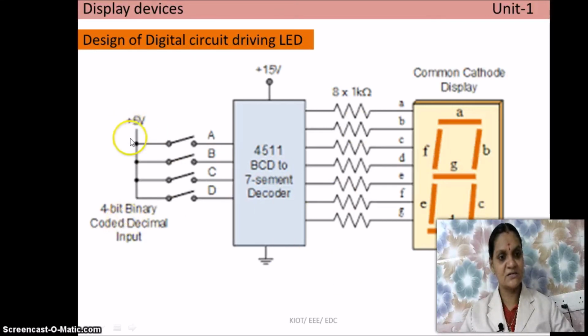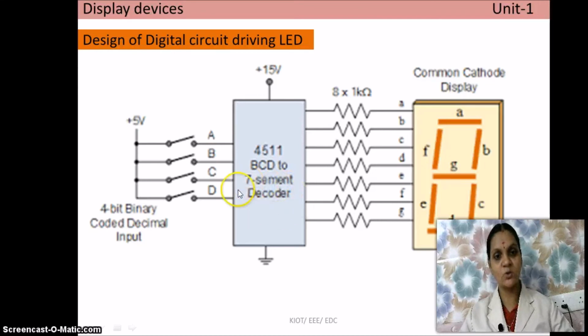So this is the plus 5 volt VCC supply, and here you have 8 segments in total. 7 segments are for the letters A, B, C, D up to G, and the 8th one is for representing the decimal pointer. So we need to give 8 inputs to the 7 segment LED display starting from A to G. For that, the device we need to use is a BCD to 7 segment decoder. BCD is binary coded decimal. You might have studied it in digital electronics. Binary coded decimal is converted into 7 segment at the output.